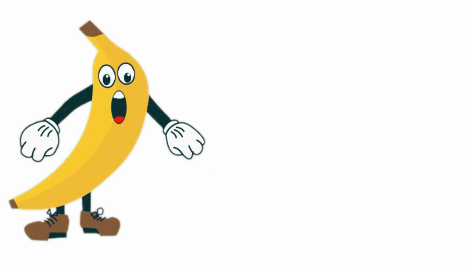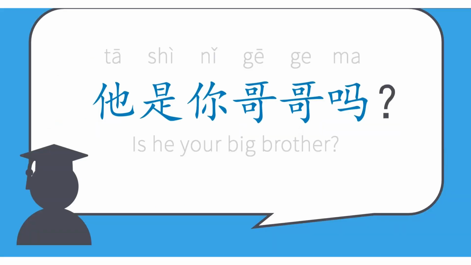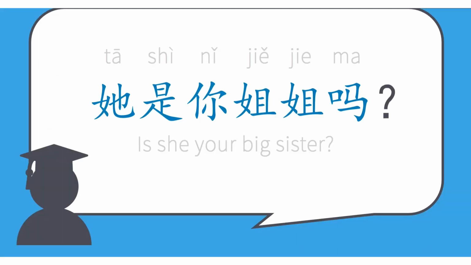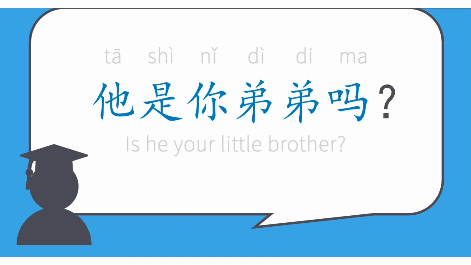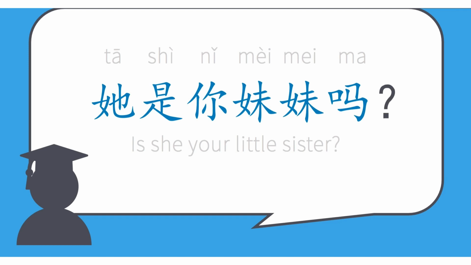Can you ask questions about them based on the given information? Let's try. 他是你哥哥吗？她是你姐姐吗？他是你弟弟吗？她是你妹妹吗？